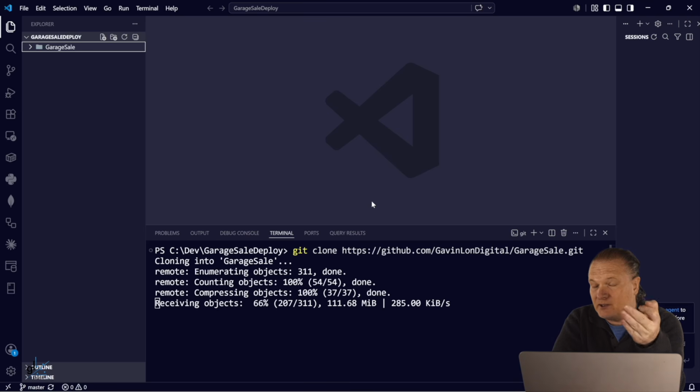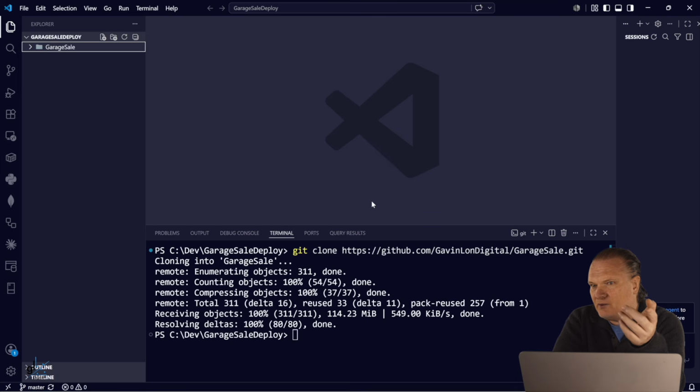Obviously your GitHub account's different from mine. So we're going to create a GitHub repository named GarageSale deploy. Even though I have permissions to check my code changes into the original GarageSale repo that houses the original code on GitHub, I'm going to create a new repo on GitHub called GarageSale deploy